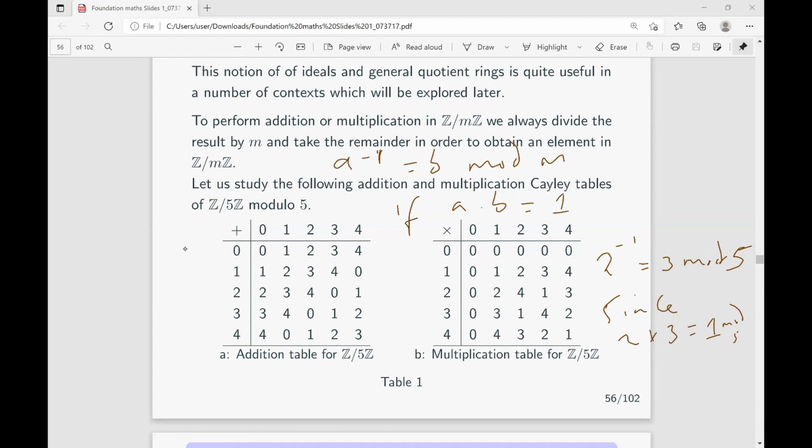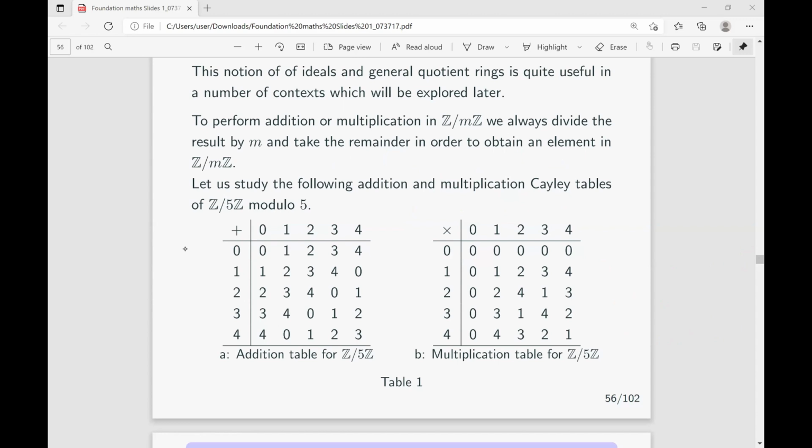That's what it means. Now, shortly, I'll show you how to get the inverse, because you don't always need this Cayley table to get the inverse. I already showed you that, but I'll emphasize: when you're using Euclid's algorithm. Let me show you here. I want to get the inverse of 2 mod 5, and I want to use Euclid's algorithm. So I ask myself, if 2 is to go into 5,